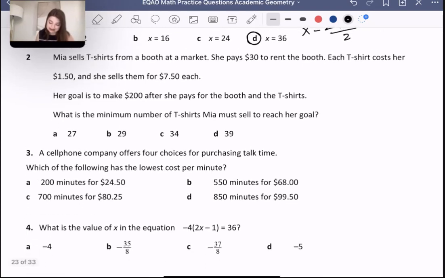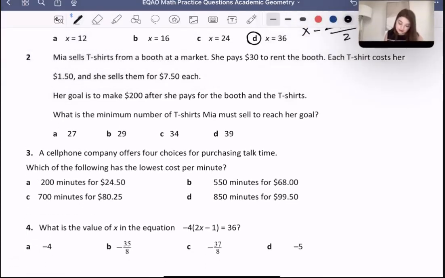Okay, let's move to 2. Mia sells t shirts from a booth at a market. She pays $30 to rent the booth. Each t shirt costs her $1.50 to make, and she sells them for $7.50 each. Her goal is to make $200 after she pays for the booth and the t shirts. What is the minimum number of t shirts that Mia must sell to reach her goal? Okay,